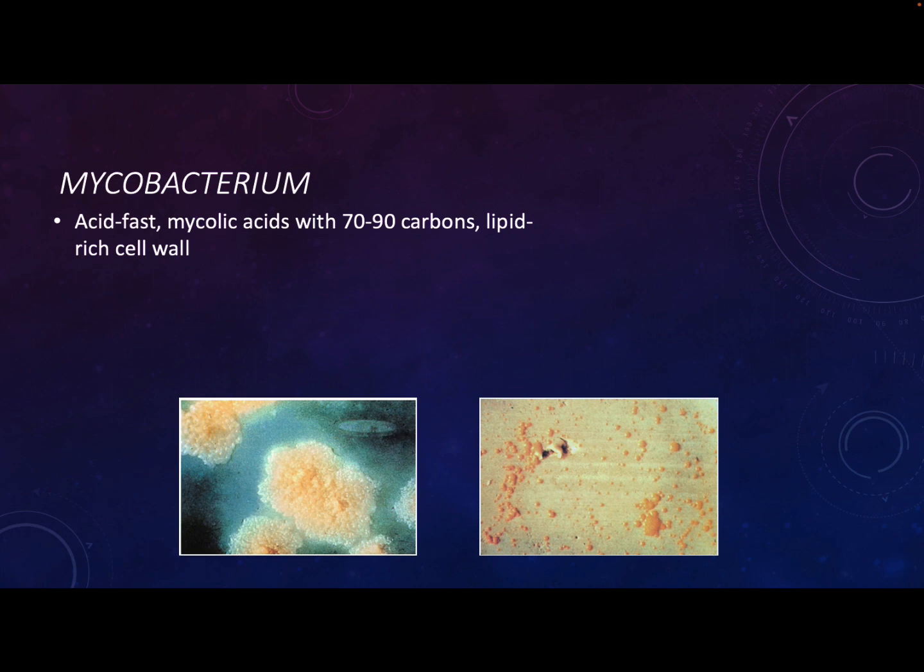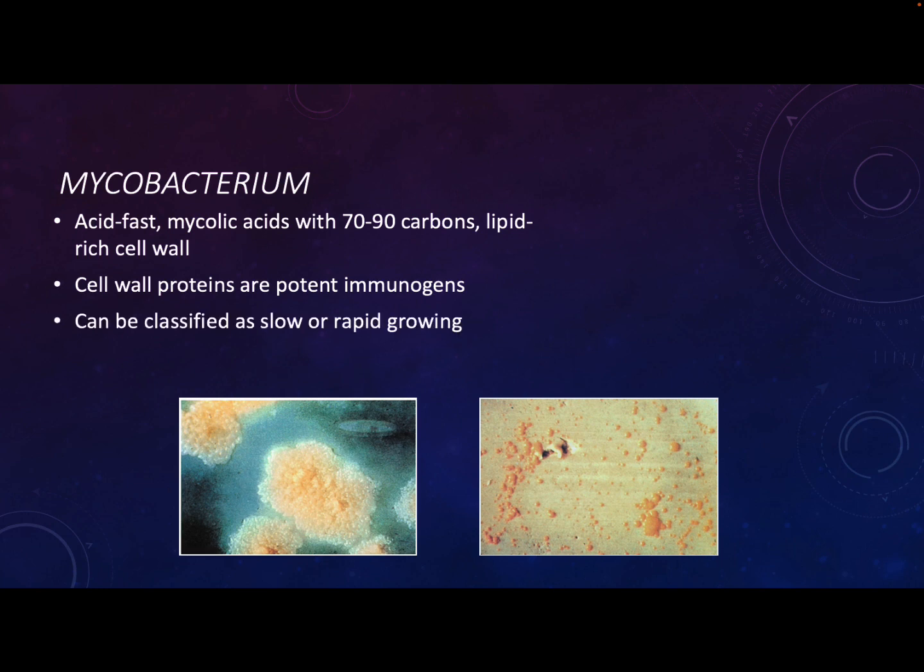And what you see in this picture is what sometimes colonies can look like on a plate. And those proteins that are embedded within that waxy layer really stimulate the immune system. They're potent immunogens. We can classify this genus even further into 2 broad categories of slow growing and rapid growing. We can also separate them based on the production of pigment. And so what we'll talk about first are 2